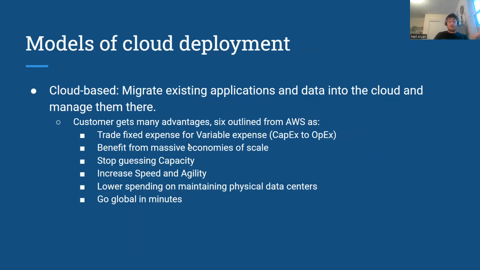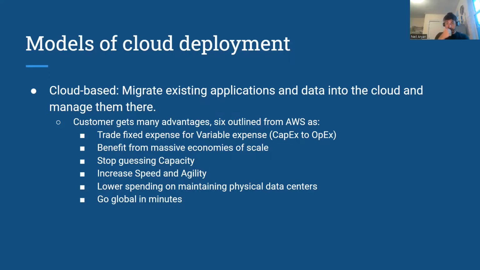Which also, you need to stop guessing. You'll be able to stop guessing capacity. In the pay-as-you-go pricing, let's say your company, although you invested very little amount because you thought overall you'd have to reduce costs, all of a sudden your company blows up and you have so much more site traffic. Well, now you need to invest even more, and that's going to take a while to deliver. Well, now you don't have to guess anymore. Because we have on-demand delivery, as soon as you need more storage or more compute service, you can just request it and you'll get it delivered within minutes.